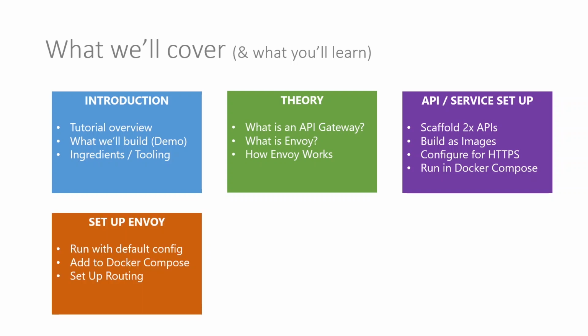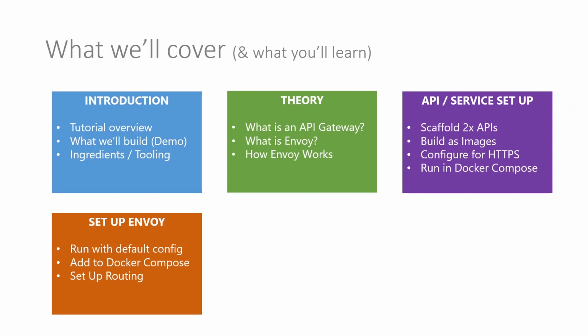Then we come on to the main event where we set up Envoy, and we set it up again in Docker and ultimately in Docker Compose, but we run it up with a default config, and that just routes us through to Google. But it's a good exercise because number one, it makes sure everything is running correctly, and number two, we actually use that config as a baseline config anyway, and we build out from there.